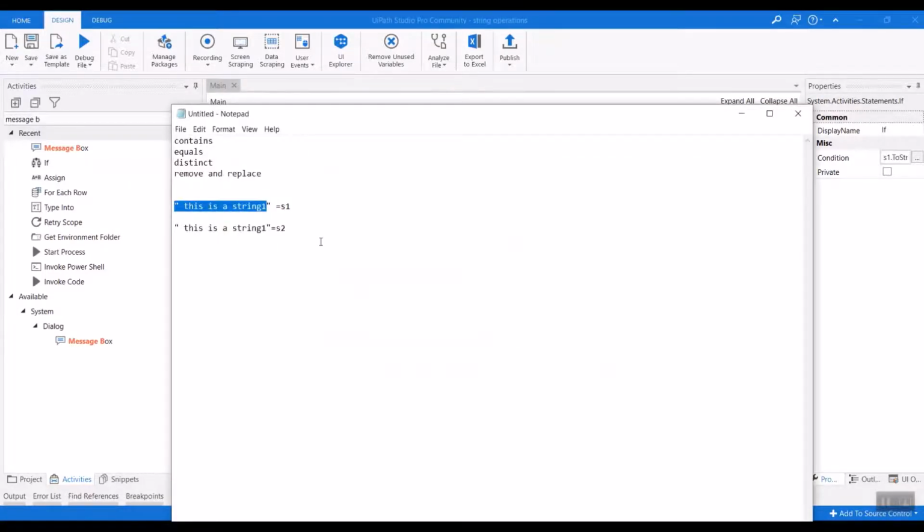And next we have distinct. So distinct is about, suppose we have a character string like this. Distinct always removes the duplicates from the available string or array.